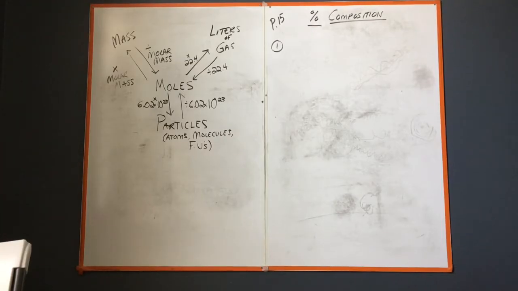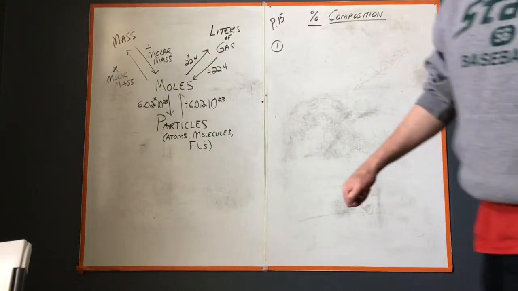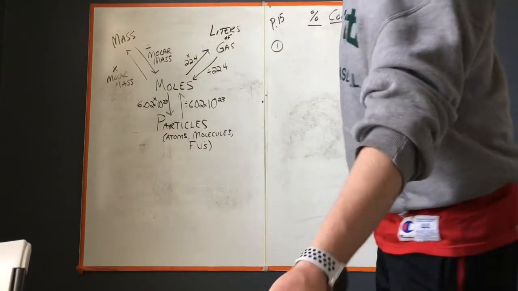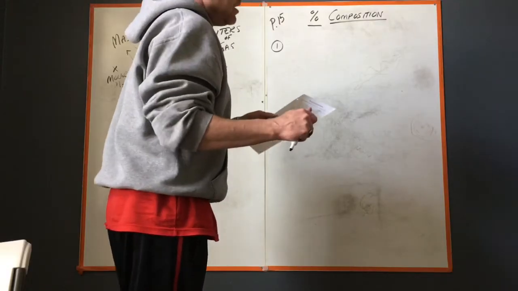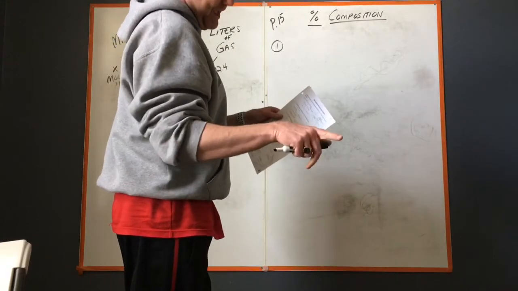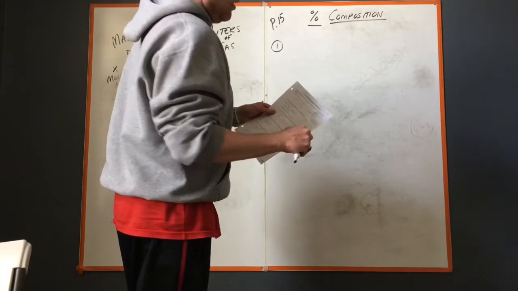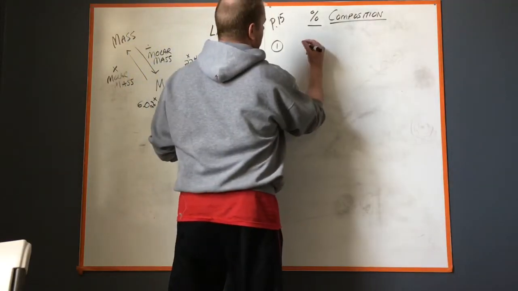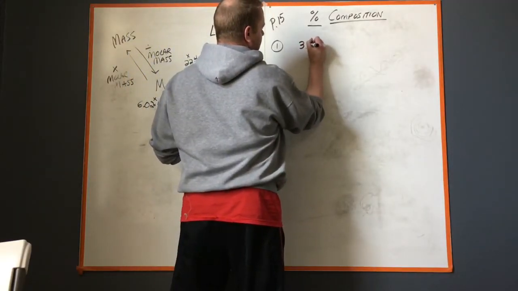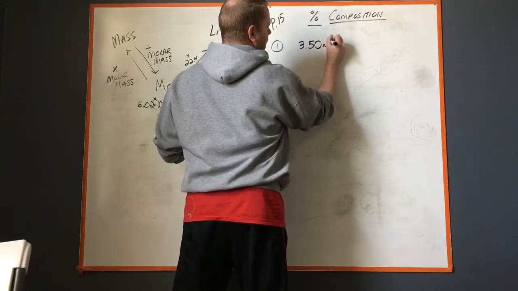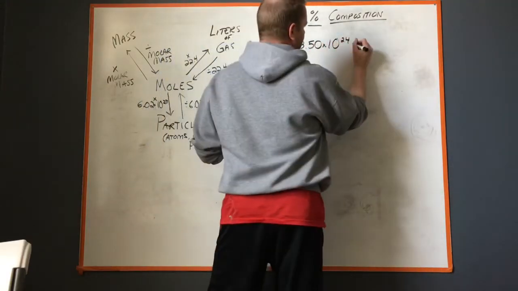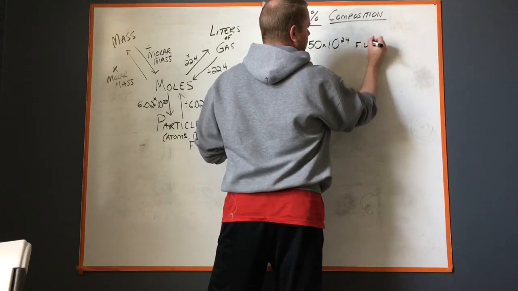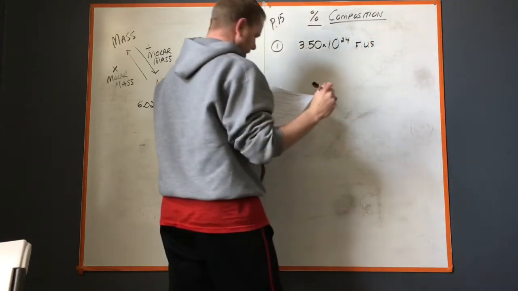Page 15, percent composition is the topic. So let's go through a little bit with this. Question number 1 on page 15 asks us to calculate the number of moles of chlorine atoms found in 3.50 times 10 to the 24th formula units, so FUs, because you know I like to do that, of